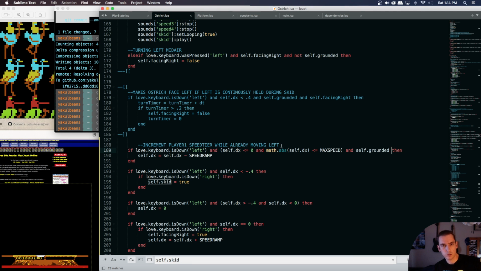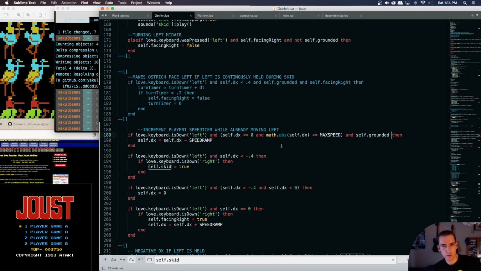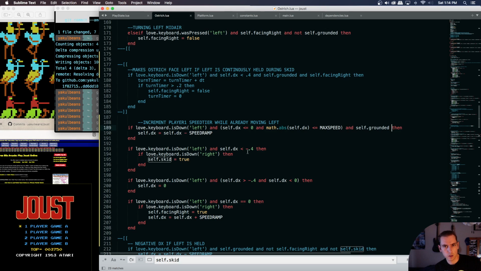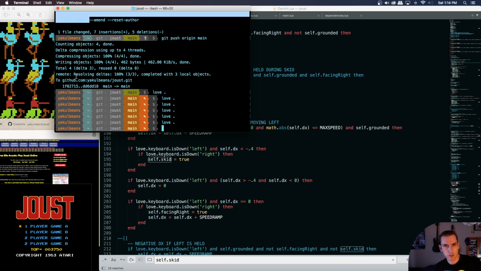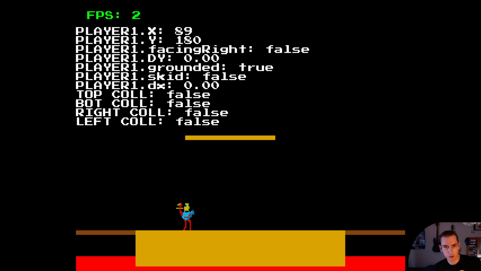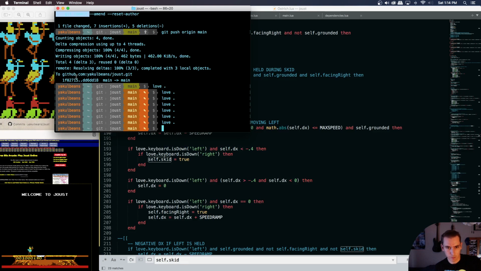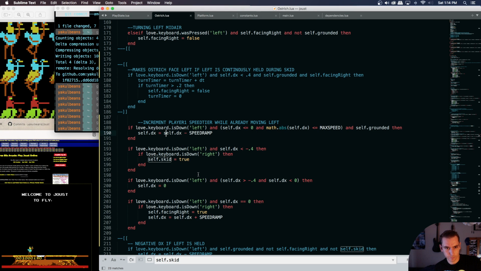I should just go left if left is down. This line has got to be overwritten by something. Which,